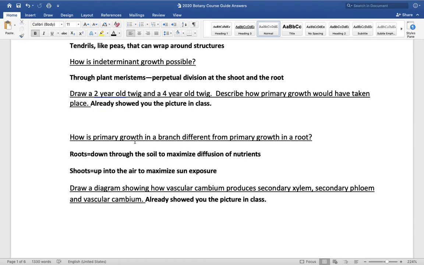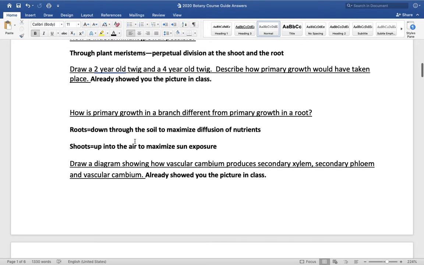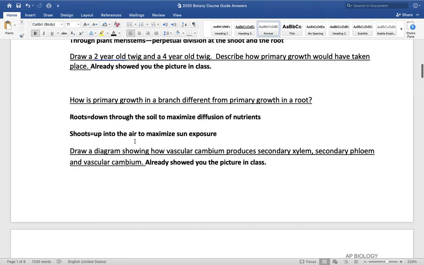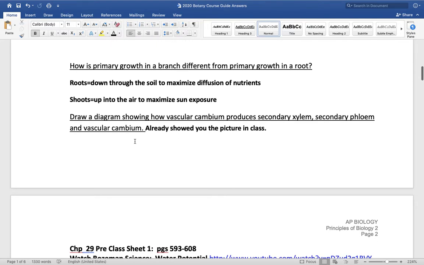As far as 2 year old twig and 4 year old twig, I showed you that picture in class. Primary growth in a branch versus a root, pretty easy. Roots go down to maximize nutrient diffusion, shoots go up to maximize exposure of the plant to the sun. And then